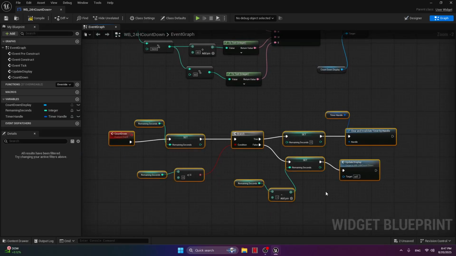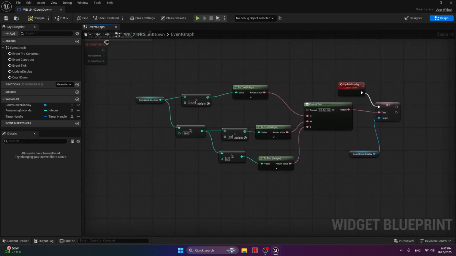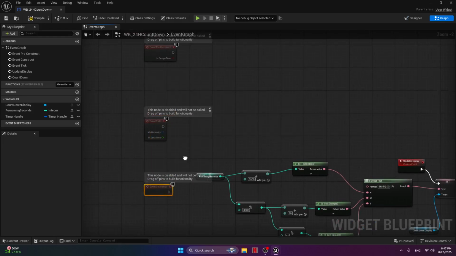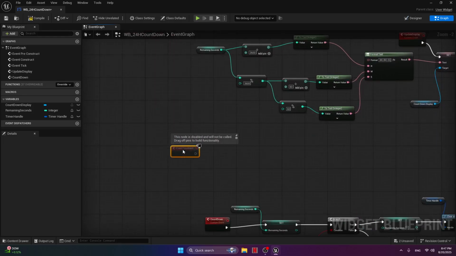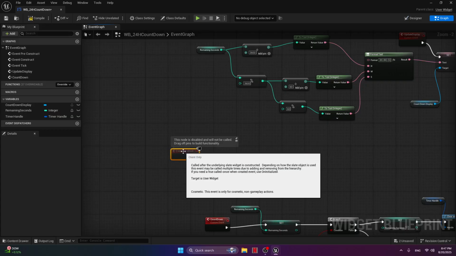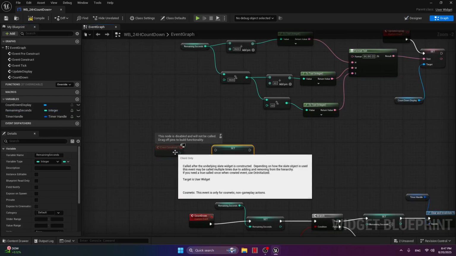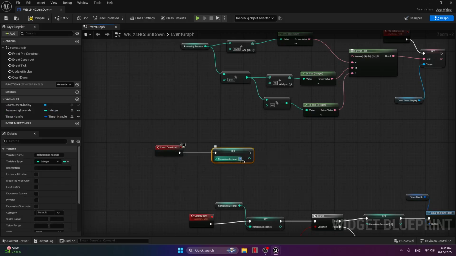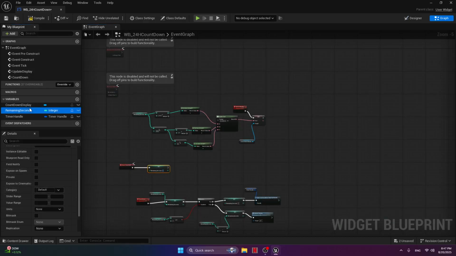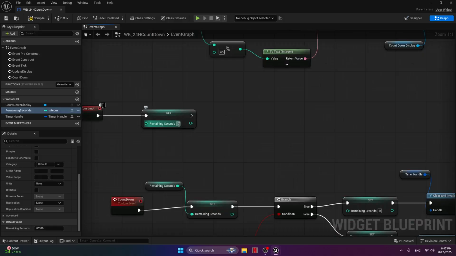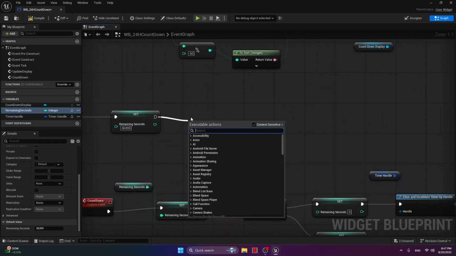Okay, now let's just take these and move them down a little bit because we need to get event construct. So now, from event construct, we want to set remaining seconds. So remaining seconds, we're going to set it again to the amount we have. If we click on this, 86399. So over here, 86399, and then drag it out, update